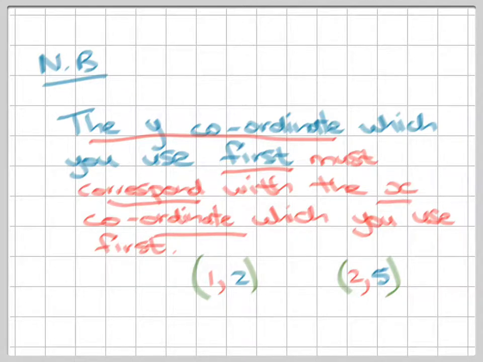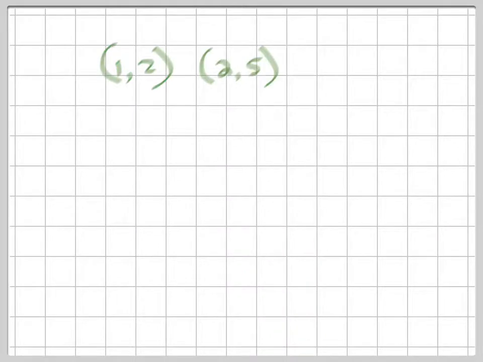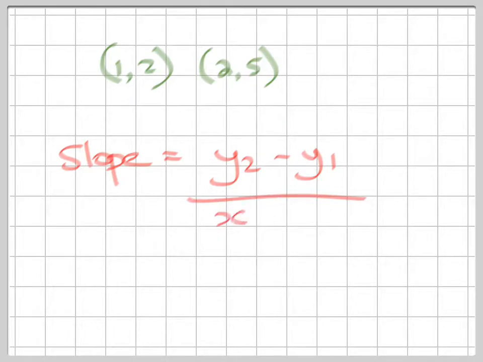Okay, so if we started with these, we would use that for y1 and that for x1, that for y2 and that for x2. So let's use this as an example and go look at it. If we were to work out our slope, it's y2 minus y1 over x2 minus x1. So y2, let's go use it. That will be 5 minus y1,